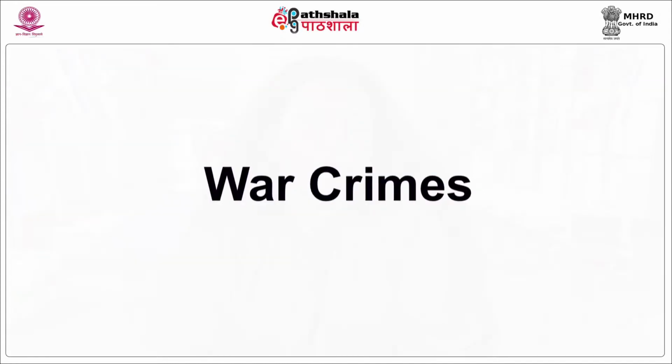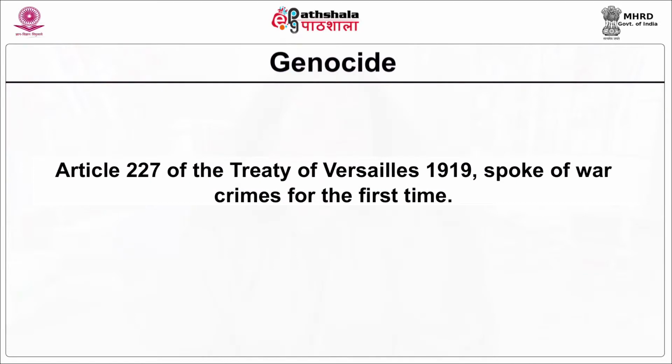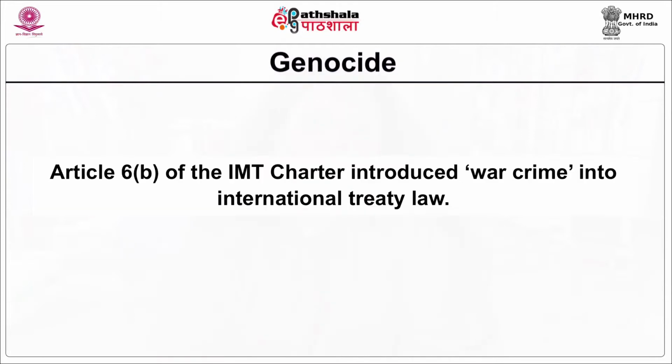War crimes. Article 227 of the Treaty of Versailles, 1919, spoke of war crimes for the first time. Article 6b of the Charter of the International Military Tribunal introduced the word war crime into international treaty law. It defined war crimes as violations of the laws or customs of war, including but not limited to murder, ill